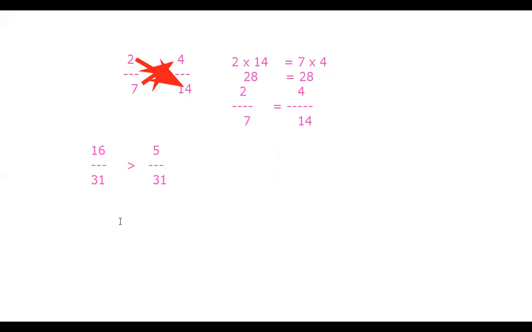How to arrange? Arrange means first we have to arrange ascending or descending. The meaning of ascending is what? Small to big. And descending is what? Big to small. So there are questions given, question number 4 and question number 5. In question number 4, you have to write small to big, and in question number 5, you have to write big to small.